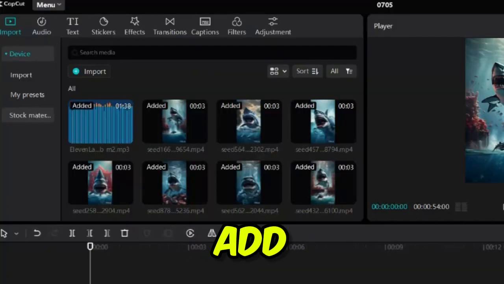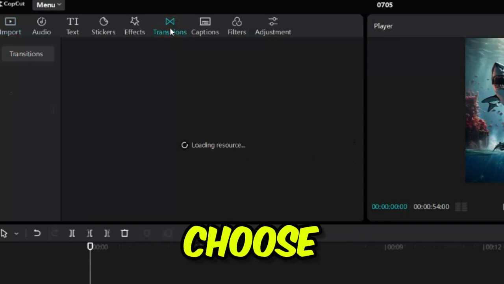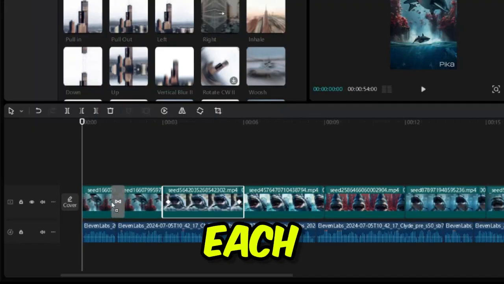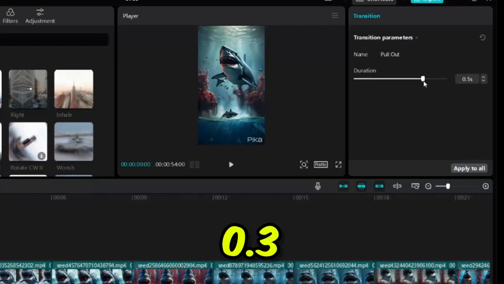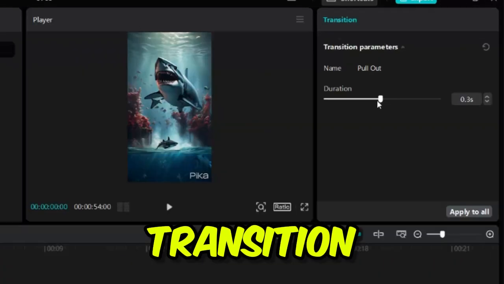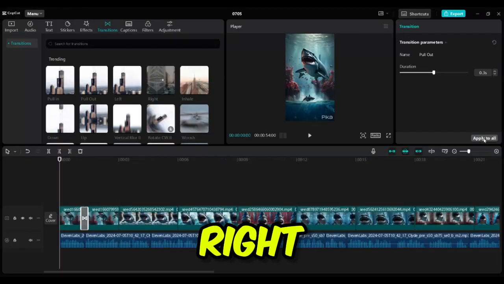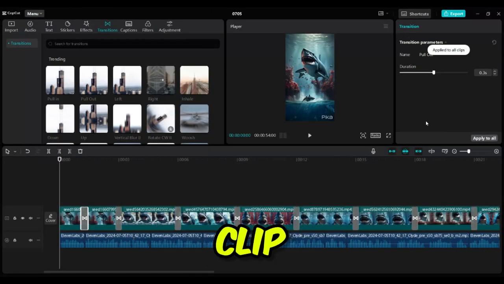Now, let's add some transitions between the scenes to make the video flow seamlessly. Choose a transition from the options available and place it between the scenes. Make sure each transition is around 0.3 seconds long for a smooth transition. Once you're happy with how everything looks, select all the scenes, right-click, and choose Create Compound Clip to combine them